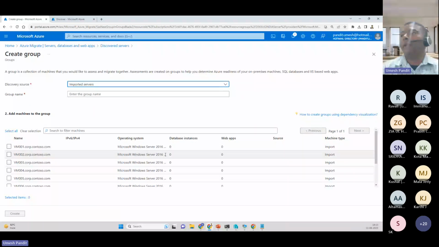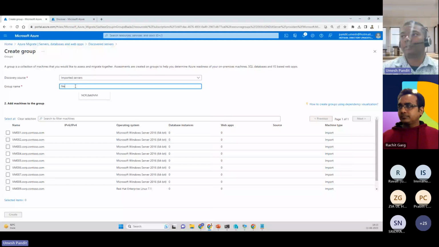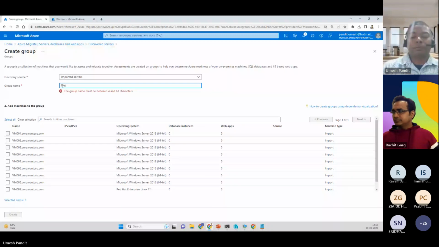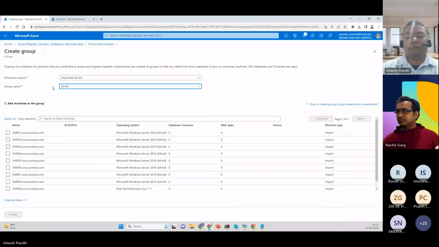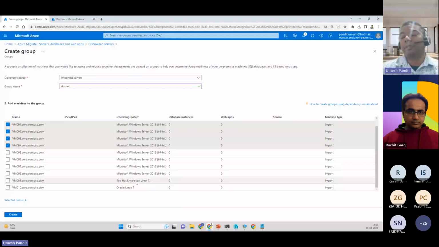What I'm going to do, I can create a name, like let's suppose I have a .NET application. So I'll just name it .NET. Okay. And then select the VMs which are necessary. It is not mandatory to select all the servers. Okay, making sense? If you see it is having Oracle and Red Hat boxes, it might be a case that